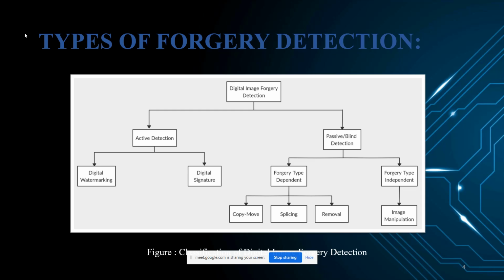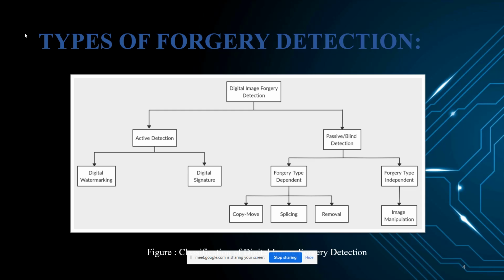Next, let us look at the types of forgery detection. Here you can see digital image forgery detection has mainly two types, that is active detection and passive detection. Let us look at the active detection. It means that a digital picture needs pre-processing, like watermarking and signature of a picture. Then it is divided into two types, that is digital signature and digital watermarking. The digital signature is a mathematical approach applied to confirm the integrity and authenticity, and it comes under an active method applied for detection of image forgery.